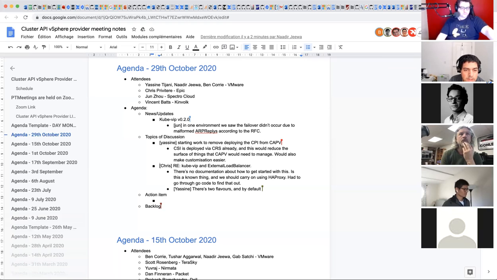But when I was reading it this morning, it wasn't clear that kube-vip would do the right thing by default now. For example, if you just go to the Cluster API book right now, it's still got the HAProxy template. We're not saying you need to configure a static IP for the VIP. So we need to improve our documentation game here.